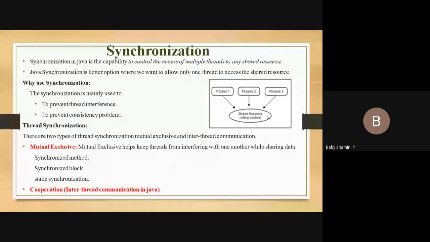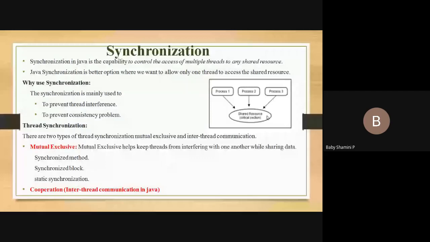So what does synchronization mean? If process 1 is going to access the critical region, the region is locked by the synchronization procedure. They are using the concept of lock. Process 1 locks the resources, and once it completes all its operations, it releases the lock. That is the concept.